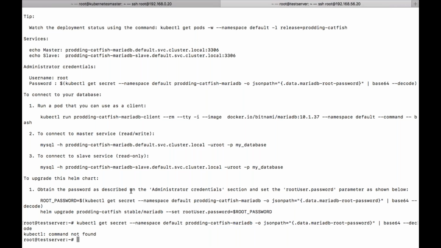If you want to upgrade it, let's say I want to change the password or something, I want to do it. So just give helm upgrade with this particular thing and you can replace your password.